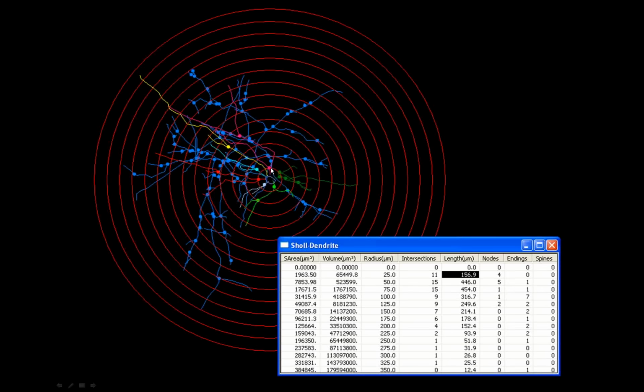So one of the typical analyses that a lot of people are interested in is the Scholl analysis. And you can see here that the Scholl analysis is centered on the cell body. And then you will define the radius, the start point of the initial sphere, and then the radii of each successive sphere. And the Scholl analysis will give you the number of intersections for each sphere, each shell, as well as how many nodes were placed within that